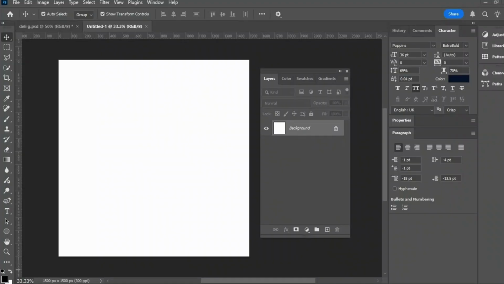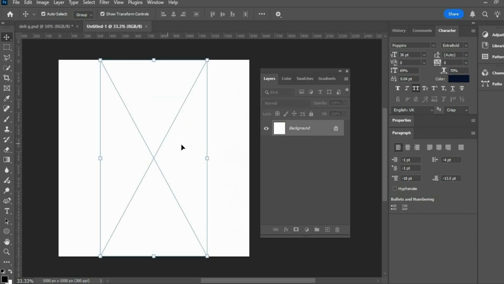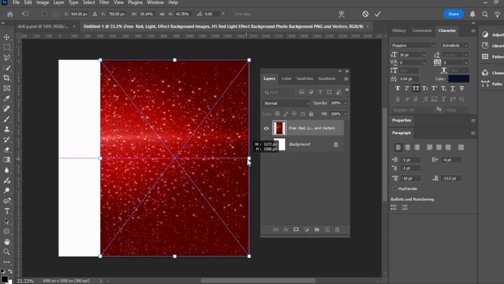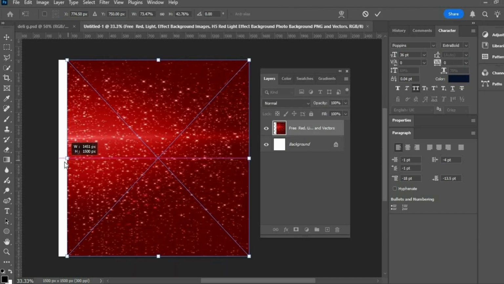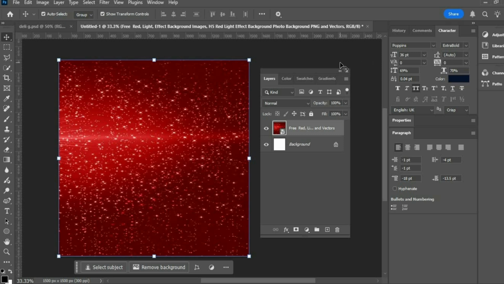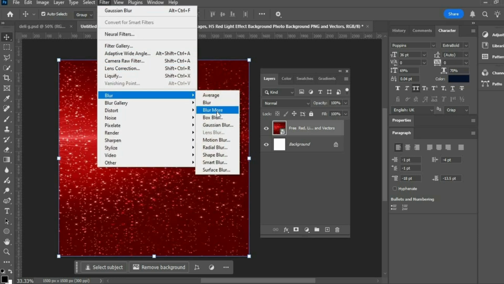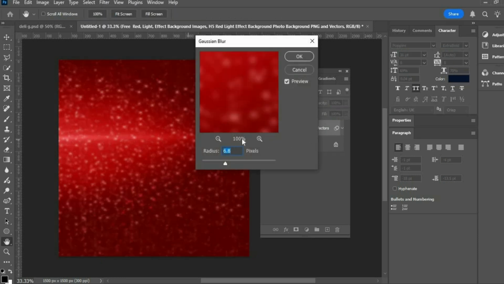Let's get into it. First thing we are going to do is bring in our image, which I'll bring in as the background, from here. I'll expand it to our canvas. It's no problem if it distorts. Our next step is to go to Filter, go to Blur and Gaussian Blur, and I'll just maybe